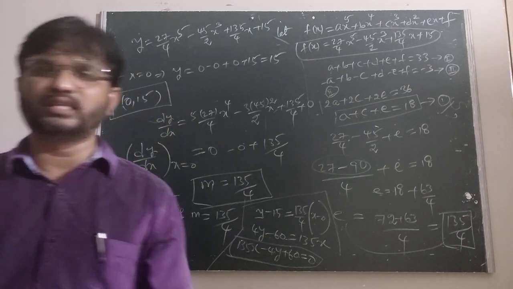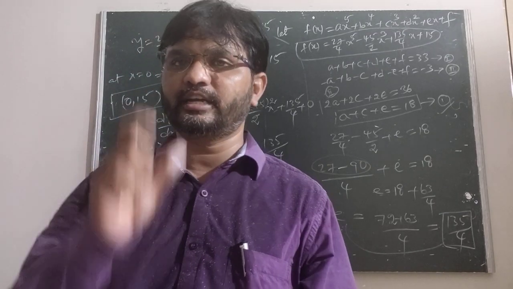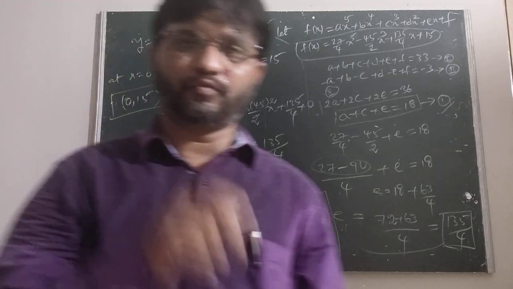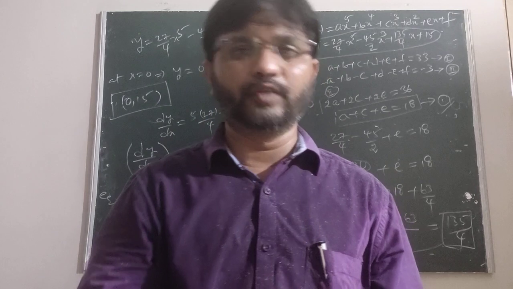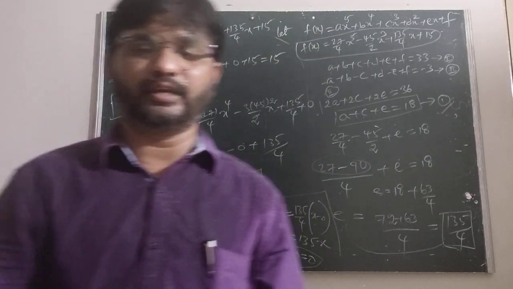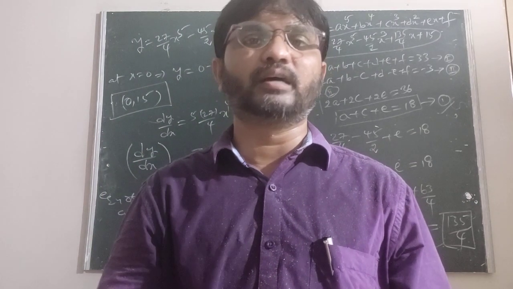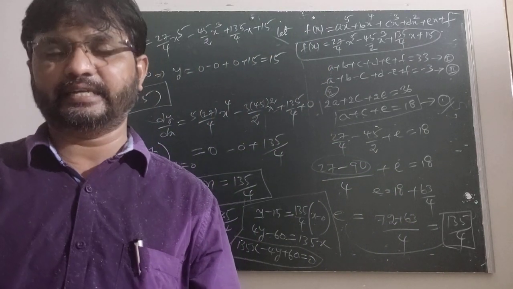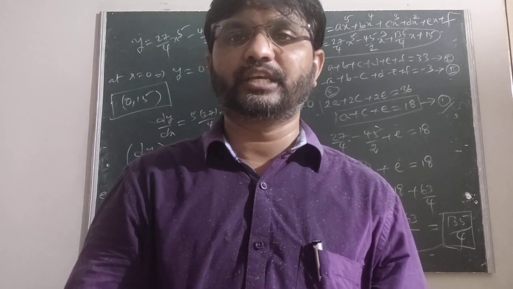Here we observe this is a very difficult question, so we are concentrating on only 3 points. What are they? The given polynomial function f of x has degree 5. When it is divided by x minus 1 whole cube, the remainder is 33, and when it is divided by x plus 1 whole cube, the remainder is minus 3. Then we have to find the equation of the tangent to the curve y equal to f of x at the point x equal to 0.